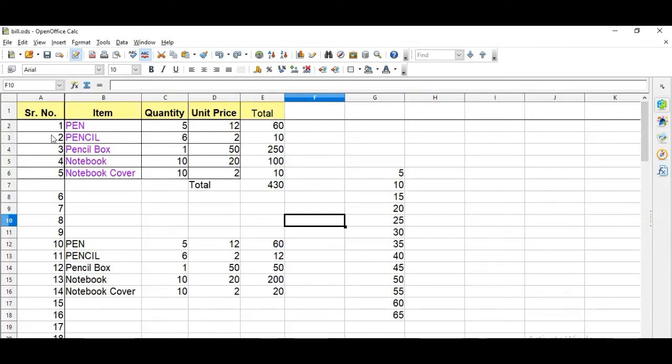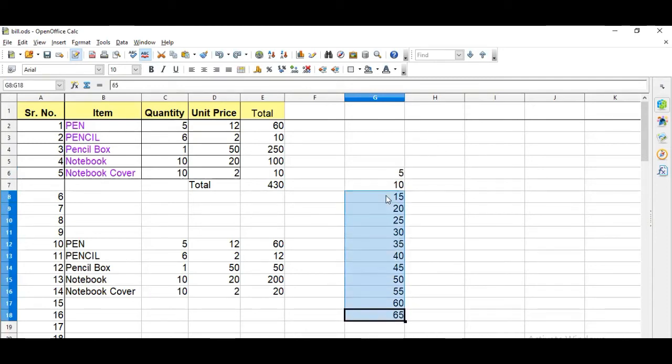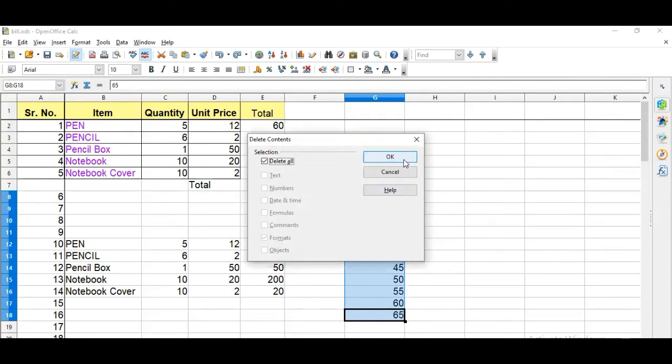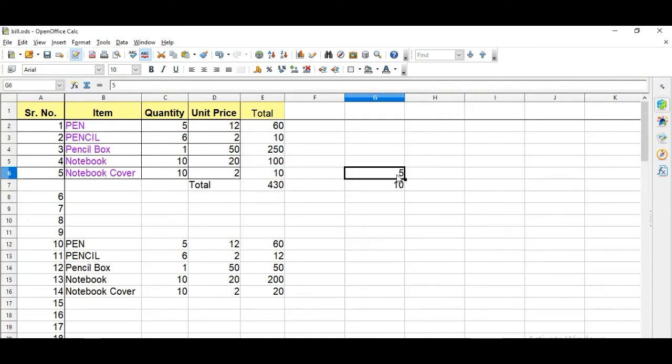Now autofill we have also seen. This was the example of autofill. So again we are going to see that. For that you need to type the first and second terms. Okay, these are two terms, 5 and 10.